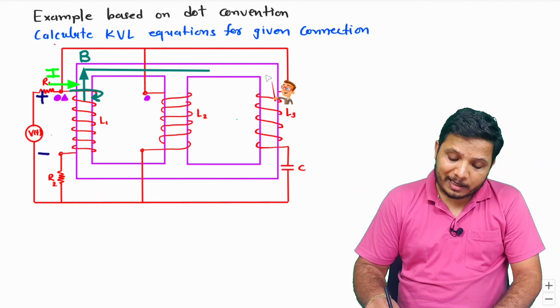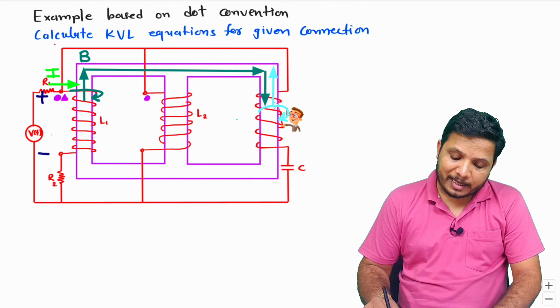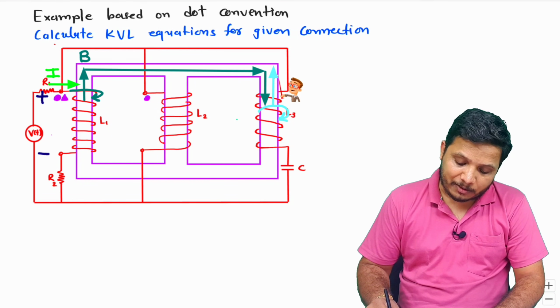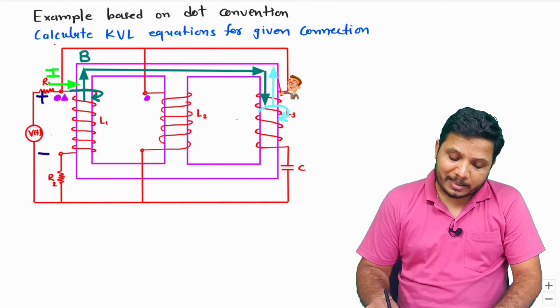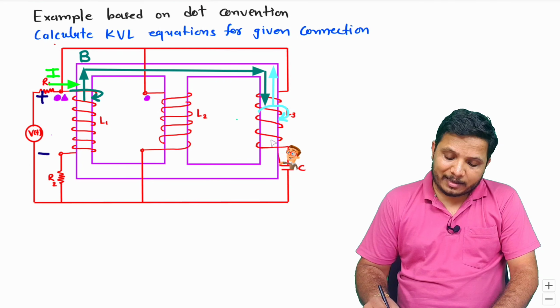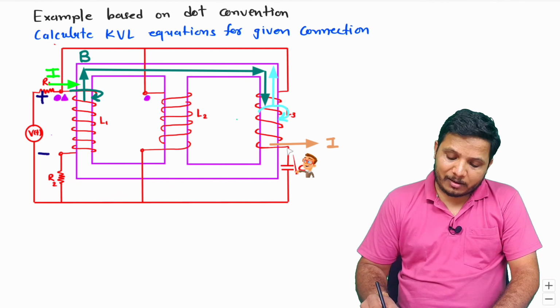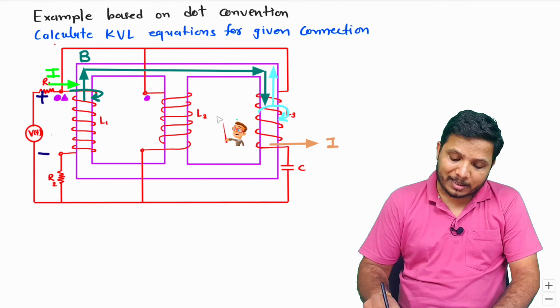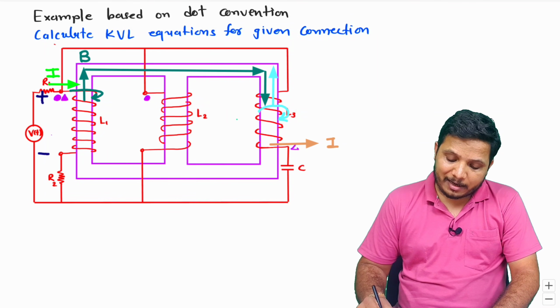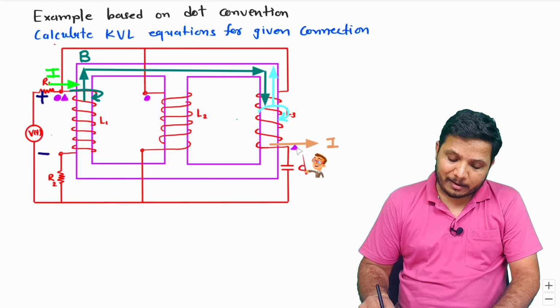and that magnetic field in L3 will go like this. So L3 will oppose this magnetic field and it will generate a magnetic field in this direction, and the thumb is in this direction. So the current direction must be like this, right? That must be like this. So it should come out from this terminal, and as current is coming out from this terminal, the dot convention in between L1 and L3 should come here. So with L1 it is over here, and with L3 it is over here.